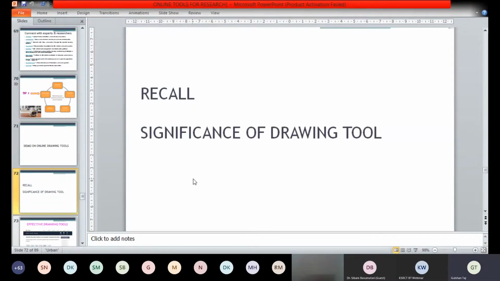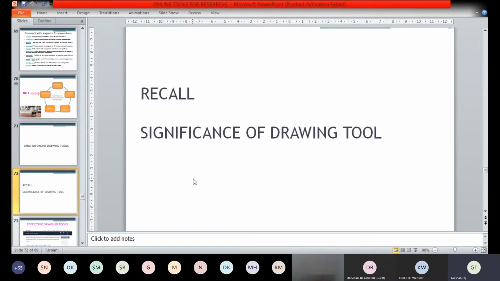So a table is not a big issue. It's only adding and deleting rows and columns. Whereas the picture plays a big role, in the sense that some people will prefer a flowchart, some will have a methodology, some will have drawings, and some will have many types of scanning electron micrograph and SEM analysis. Engineering research is a vast area, and we will have different types of tools. So in that case, the drawing tool plays a significant role.